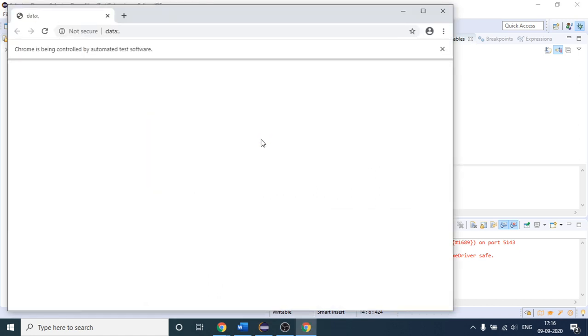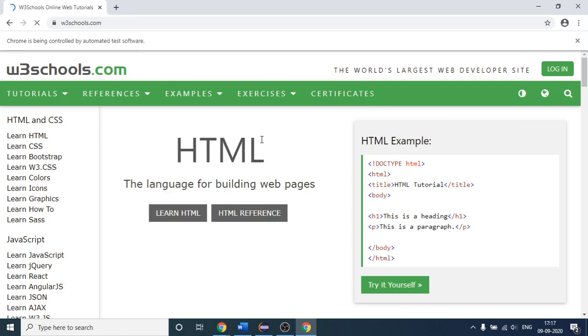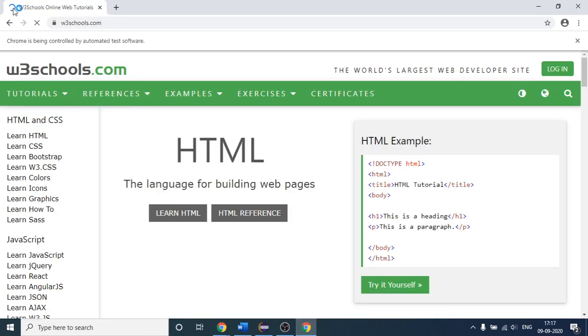It will again maximize the window, as we have already put one line of code, driver.manage().window().maximize(). It has opened the window, you can see. I think we have gotten login at our output. Not yet, because the browser is still running.